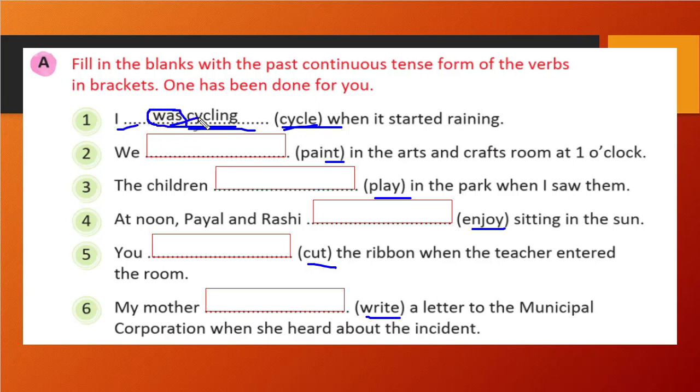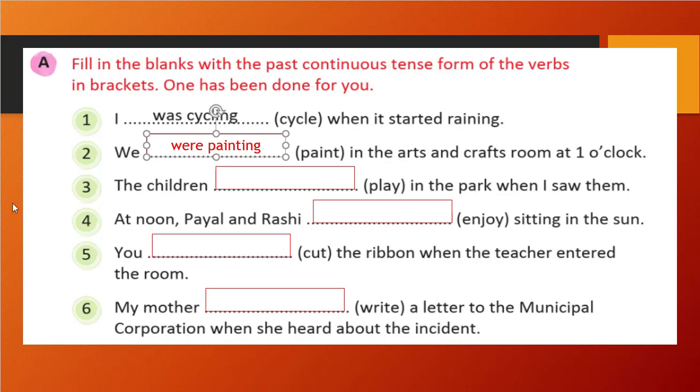I was, right? You should remember that if you have learned it in previous classes, so that you remember where to use was and where to use were, correct? You might have learned this in standard 4. Whenever a singular form is there, we will use was, and whenever a plural form is there, we will use were. Some basic rules are there. So we were, and if you go for the second, paint will become painting. So we were painting, right? That is the answer.